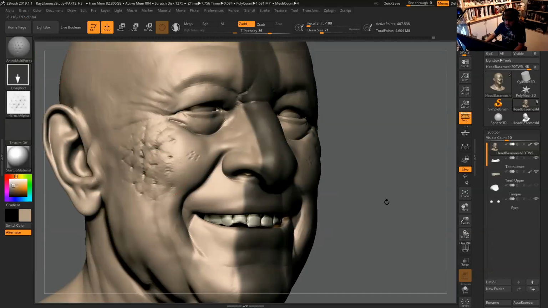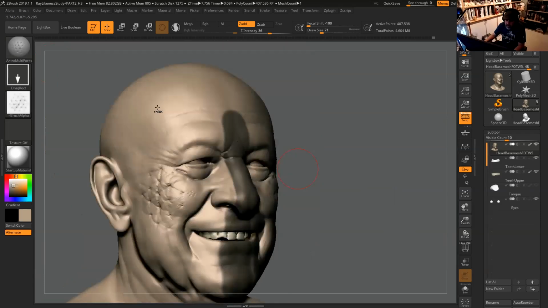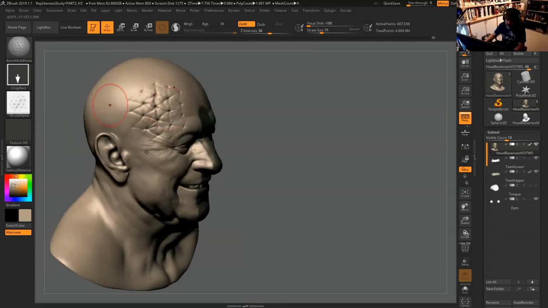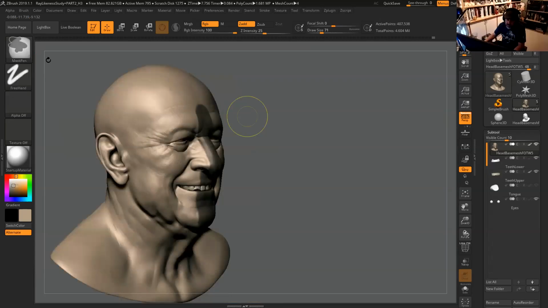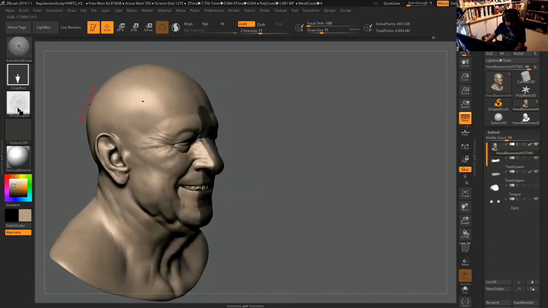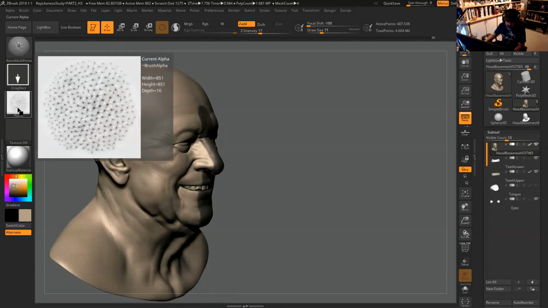So this one has actually some pores baked in there, but I think the result was too automatic. It looked like the pattern was too even, you know? So I wasn't getting a very cool result. But I made another one. I'm going to have to find it. It's here somewhere. Oh, this one, multi-pores, right? So this one is a much tighter one. You see right there? So this one has a lot of stuff.